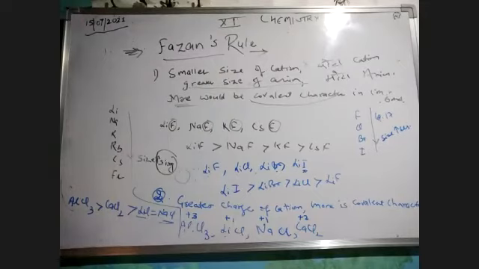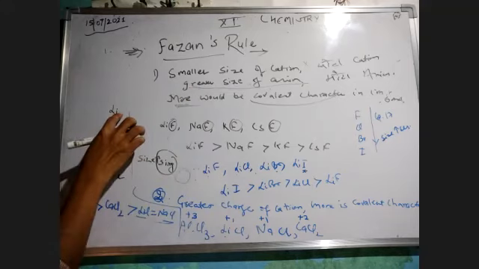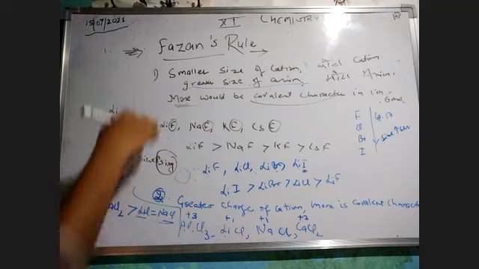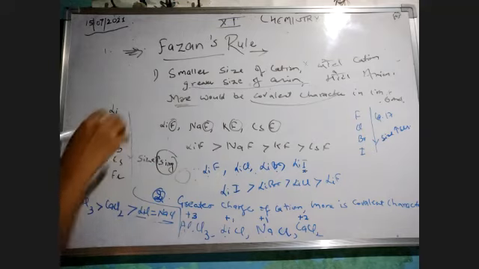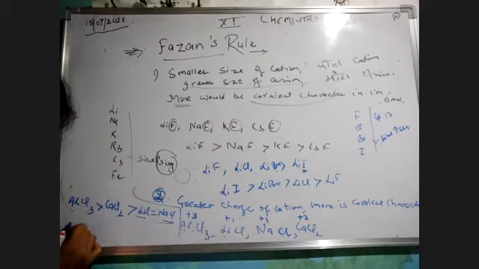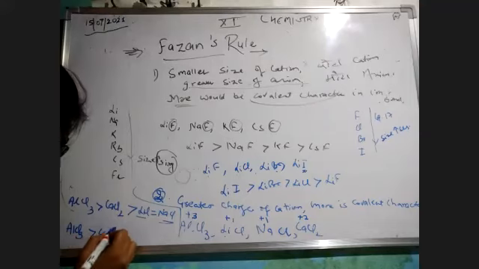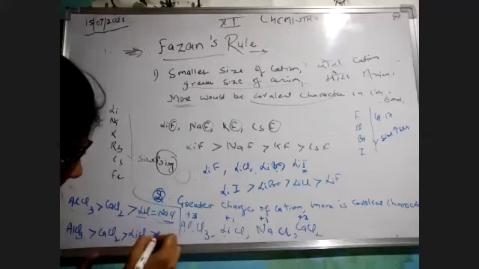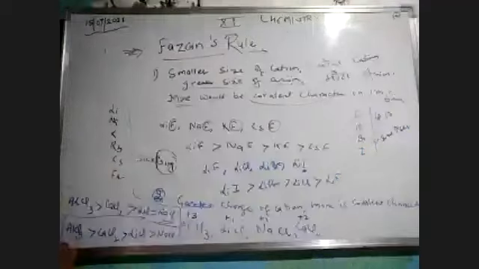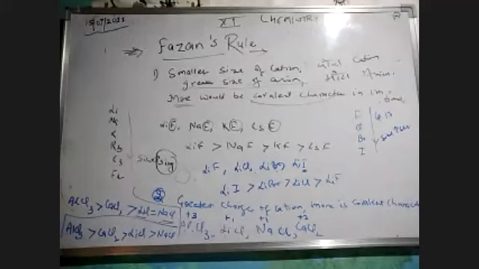Definitely yes, we can do that. We will just combine both rules. The first rule tells us that lithium has smaller size as compared to sodium, because down the group size keeps on increasing. So if lithium's size is smaller, there would be more covalent character, and now my overall result would be this, because lithium has the smaller size. Clear? So this is the way we can compare the covalent character in the ionic bond of the compounds, and we can arrange them either in increasing or decreasing order.